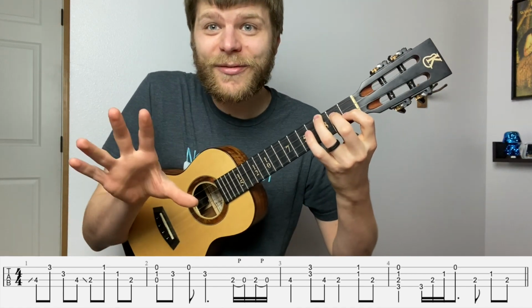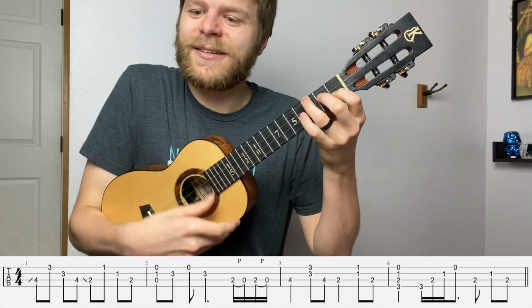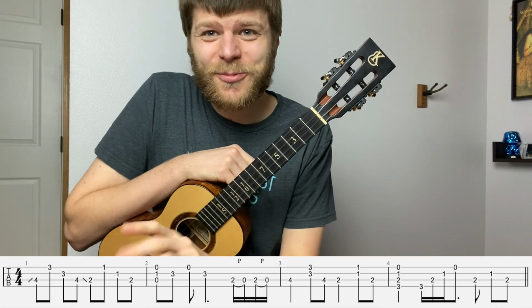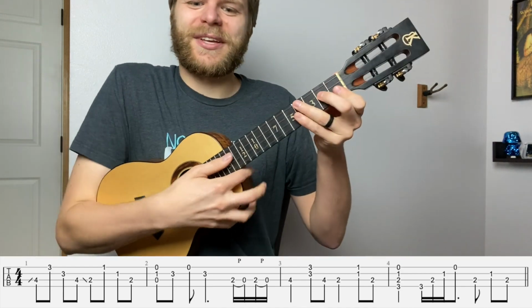You'll notice that all of the notes here in measure 4 are in that initial chord, so there's no movement in the left hand after we play that first part. So now this whole intro, which honestly I think is one of the harder parts of the song, should sound something like this in time for those first 4 bars. Something like...